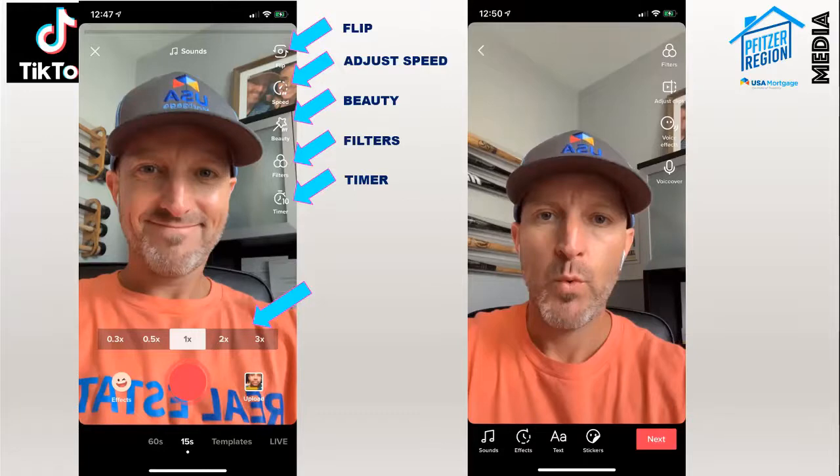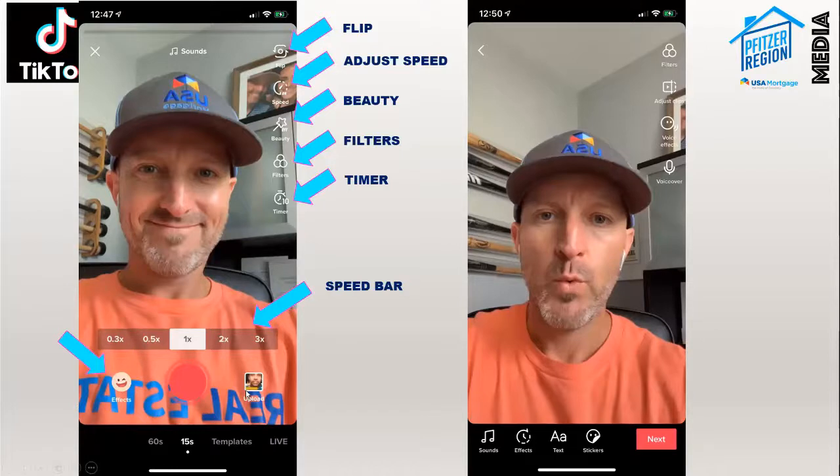This is no different. So the next thing I want to show here, this is the speed bar. I mentioned if you hit the adjust speed, this gives you that speed bar. You have 5 options: real-time speed, 2x, 3x, half speed, and 1/3 of the speed. I do use this from time to time just because it's kind of fun. And if you ever wonder why so many people are good dancers, the answer is, well, some actually are, but some just sped up the video to make themselves look like they're better at dancing than they actually are. That's a trick of the trade right there, if you didn't realize that. They just speed up their video, makes them look like they're better dancers.